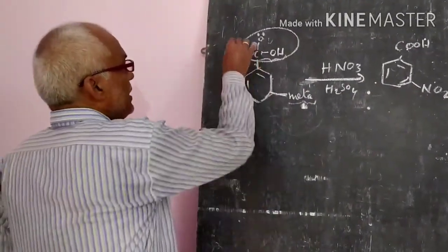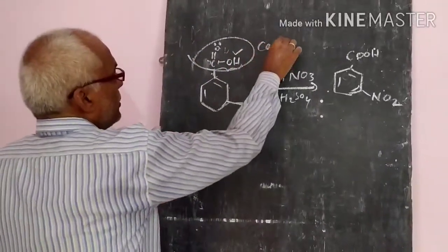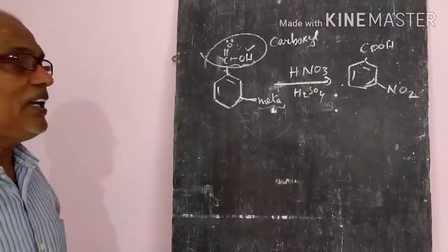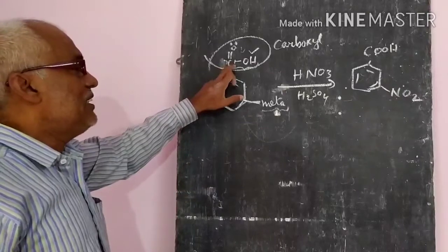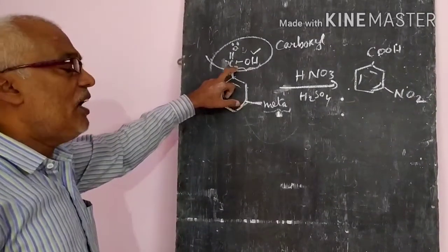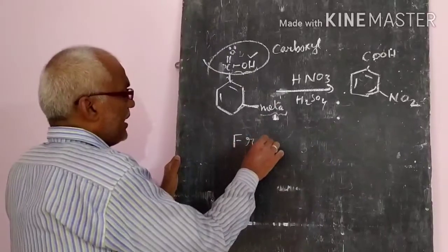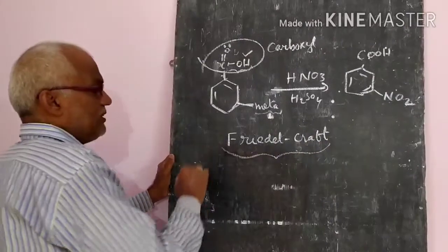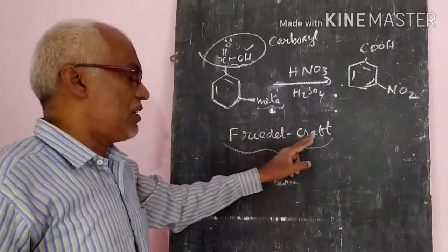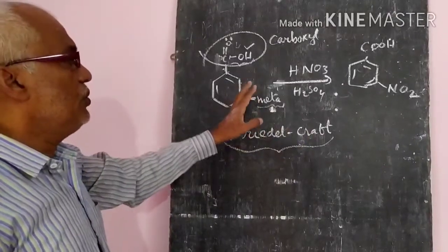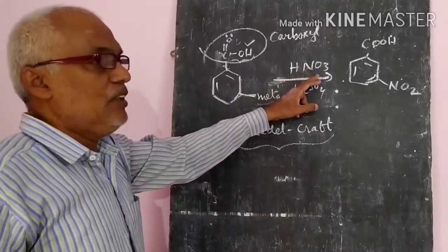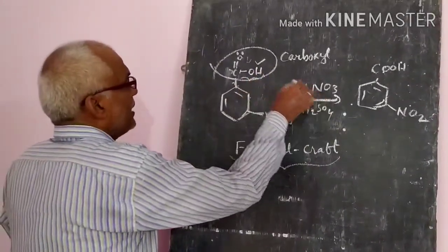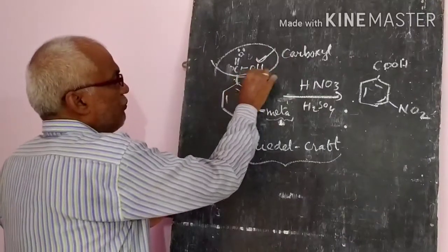Why is it happening? Since the COOH, that is the carboxylic group, directs the electrophilic substitution reactions. But generally these aromatic acids will not undergo Friedel-Crafts reactions, alkylation or acylation. Why, sir? That is the most important reason they are asking. They do not undergo Friedel-Crafts reaction. Since, if you use aluminum chloride, what will happen? It will attack directly the acidic group and form a salt.